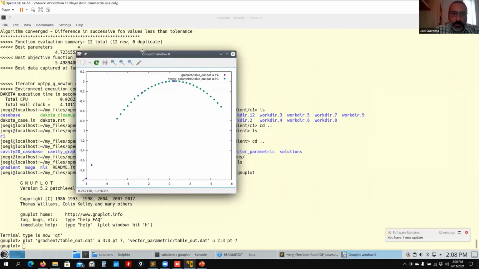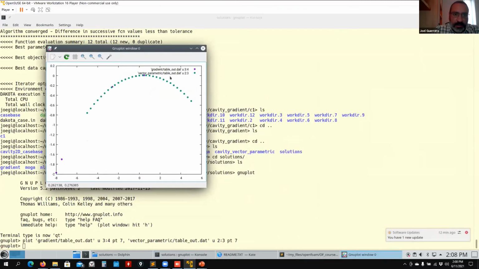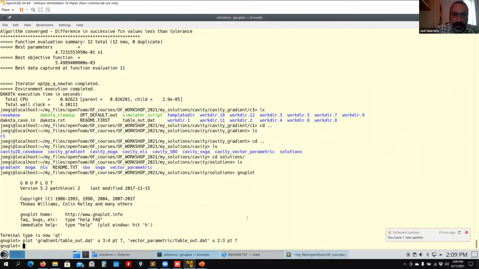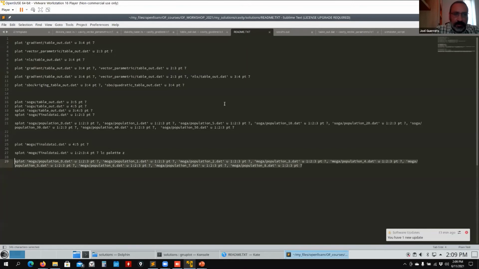So see here the comparison, vector parametric, and then the gradient method. So see that the gradient method starts from here, it converges to the maximum value, the optimized value. But why I say that it doesn't give you any information of your design space. Instead, design space exploration, see that it gives you more information. So now you can create your metamodel. Okay. So there you have, let me plot this one. So for instance,